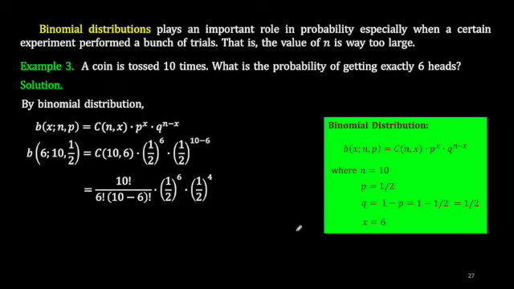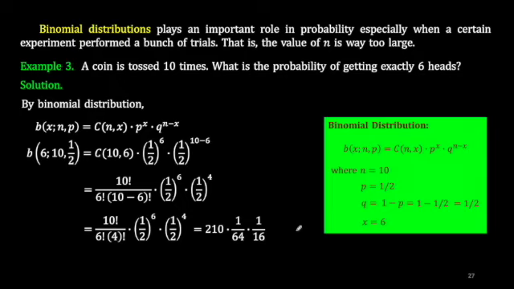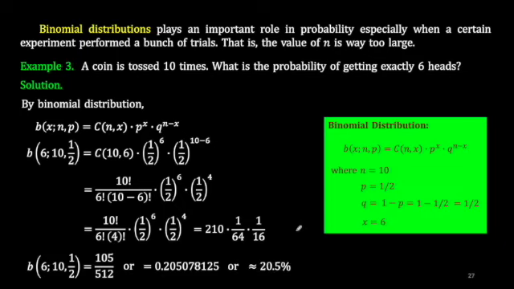And this is equivalent sa 210 times 1 over 64 times 1 over 16. Simplify, we have 105 over 512, or in terms of decimal, we have 0.205078125, or that's approximately 20.5